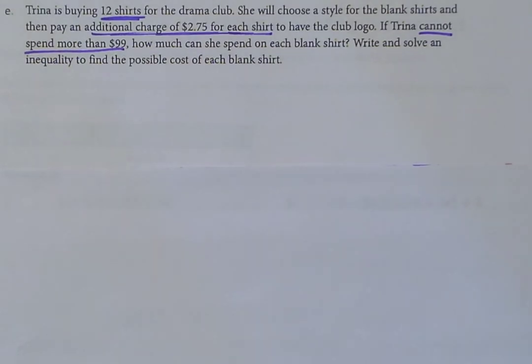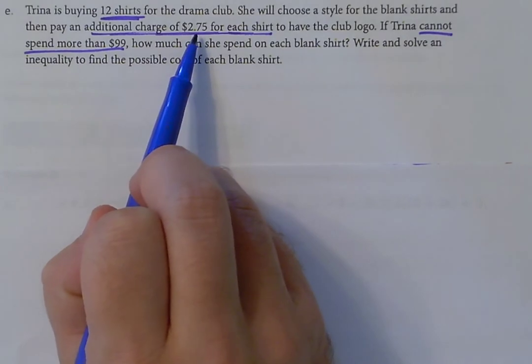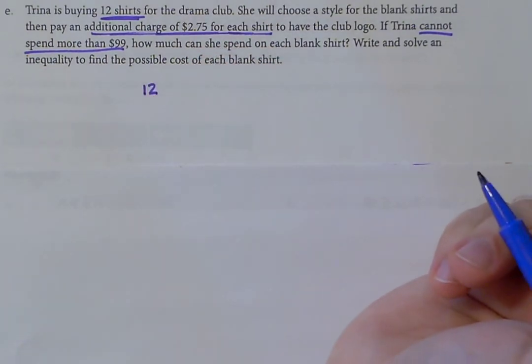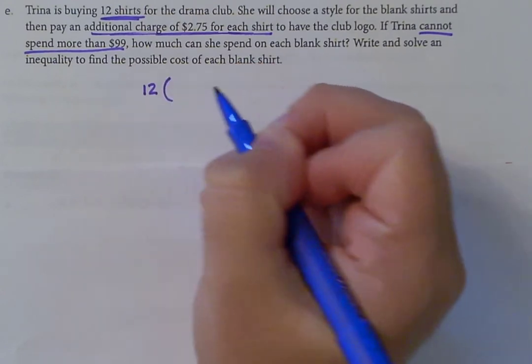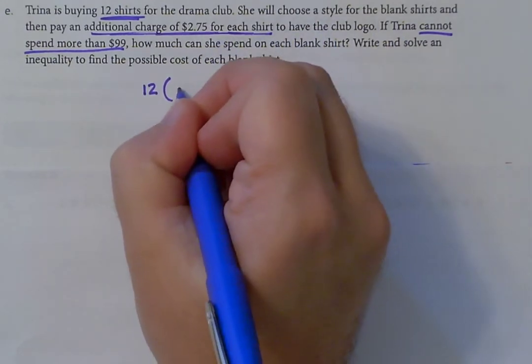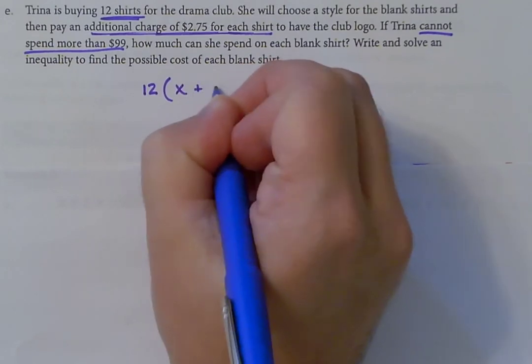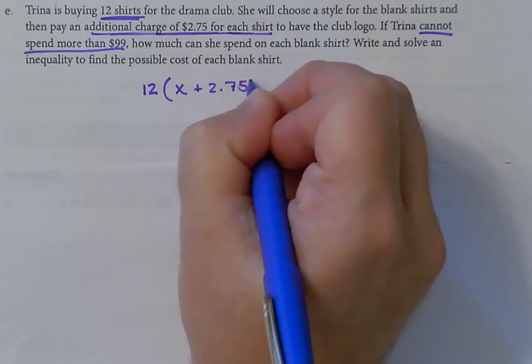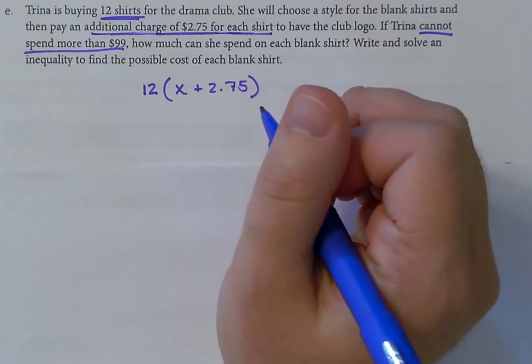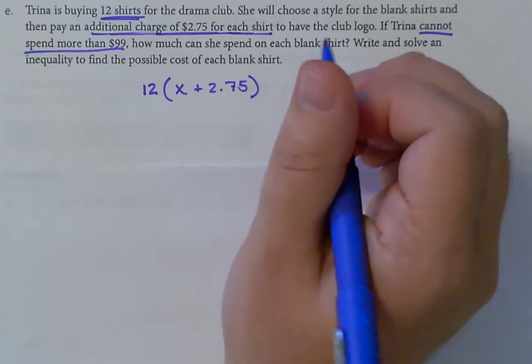spend more than $99. So if we're going to set this up, we have 12 shirts that she is buying, and it's a certain amount per shirt plus an additional $2.75, and she cannot spend more than $99. So we're going to start with the 12, and then it is the cost of a shirt plus $2.75 for each shirt to have a logo put on. So it's the cost of the shirt, x, plus an additional $2.75 per shirt to have the logo put on. And then when we talk about no more than, if you reference on the first page what no more than means, based off what I wrote as a hint,